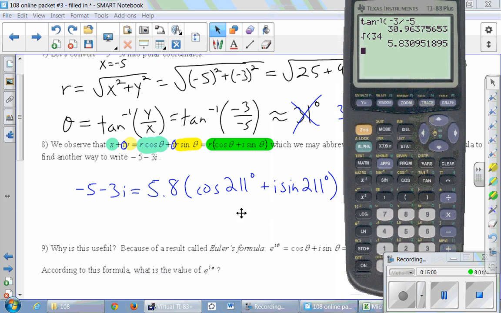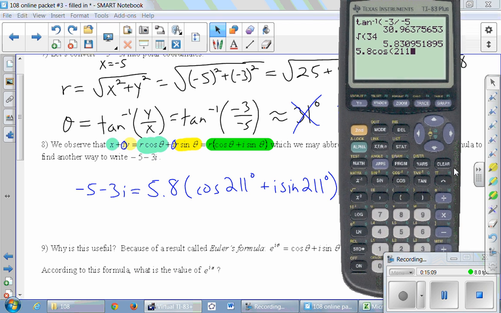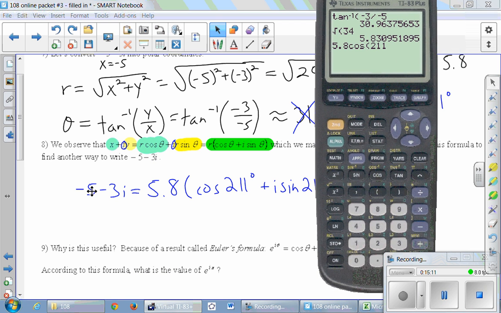For example, if I distribute this 5.8 into the cosine, so we go 5.8 times cosine of 211 degrees, I claim that we're going to get something darn close to this -5. And that's darn close. How come it's not perfect? Well, it wasn't really 5.8, it was this. And it wasn't really 211, it was really